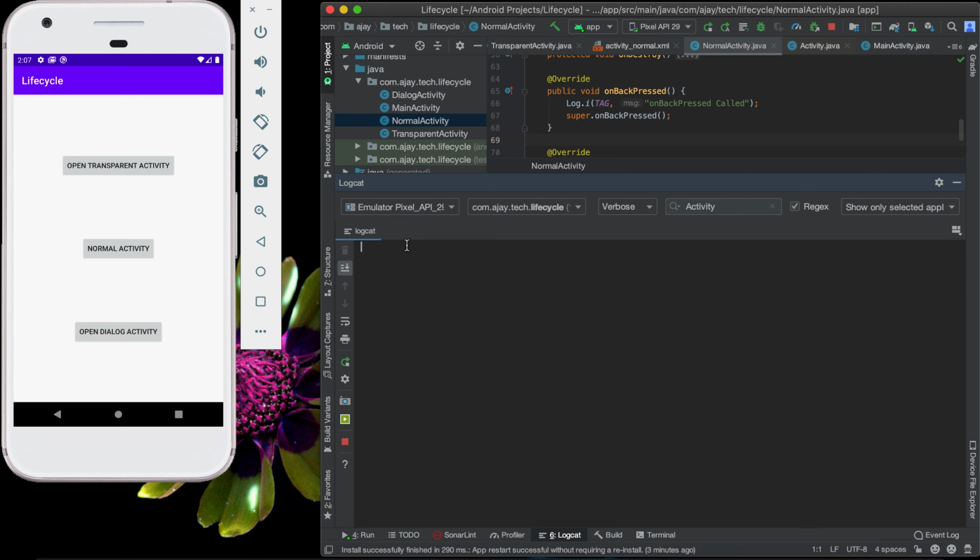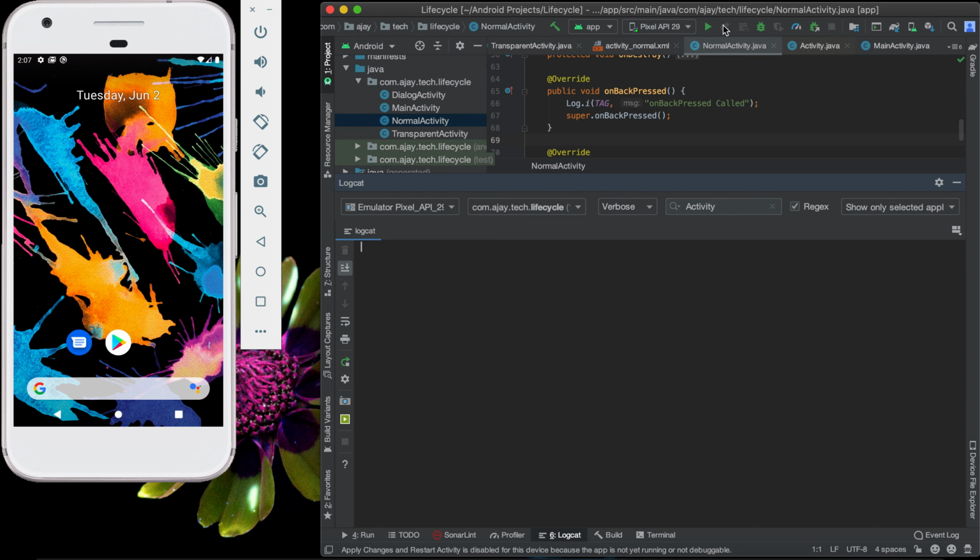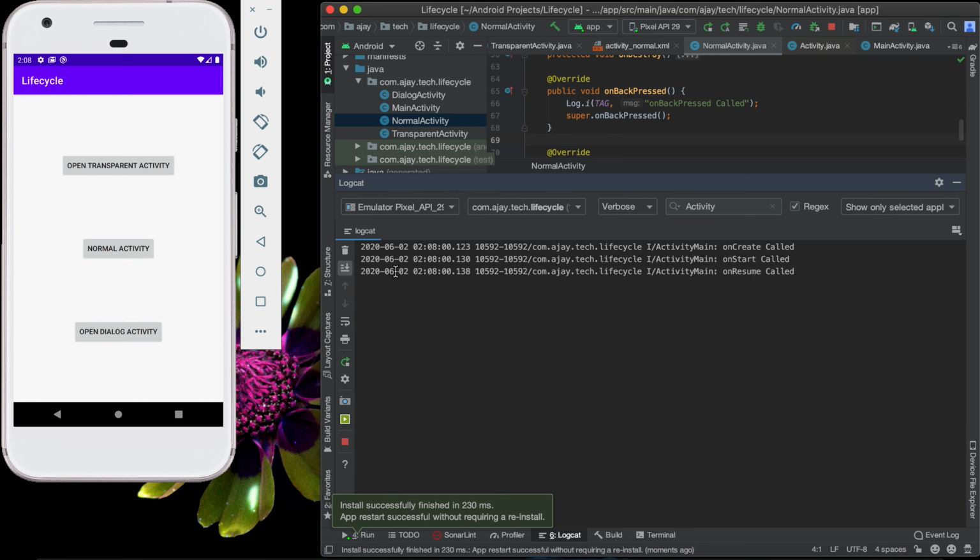Now we check what the life cycle will be when we open a transparent activity. So we start from the beginning. Our main activity is created: onCreate, onStart and onResume will be called. Then we call the transparent activity.